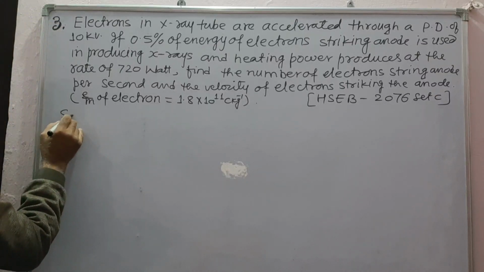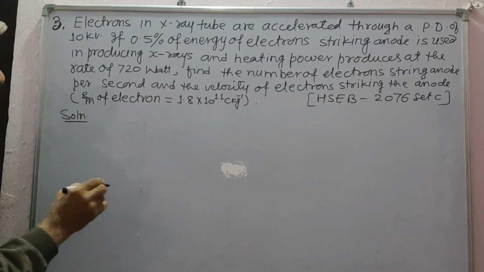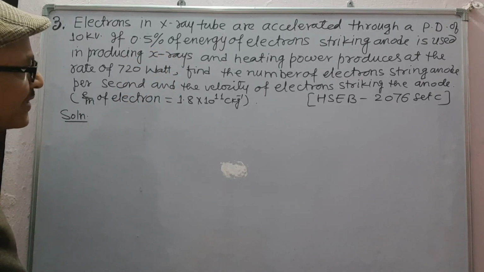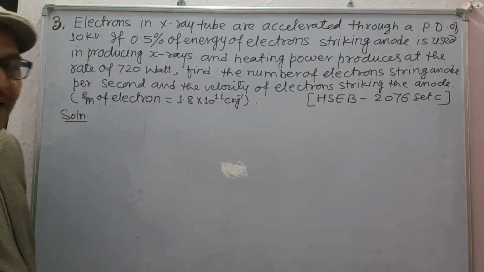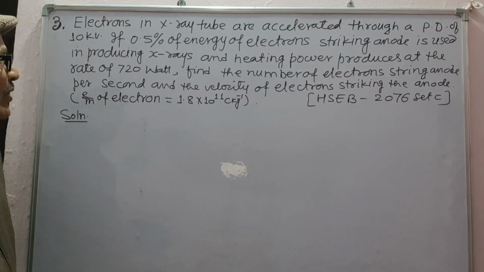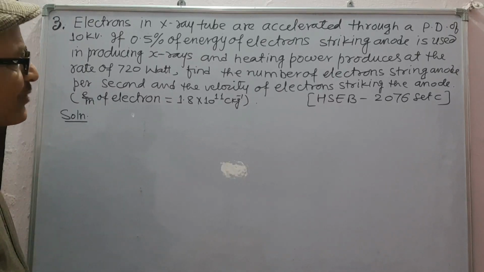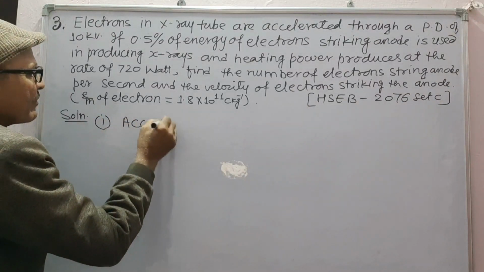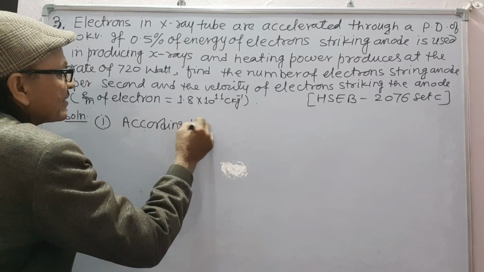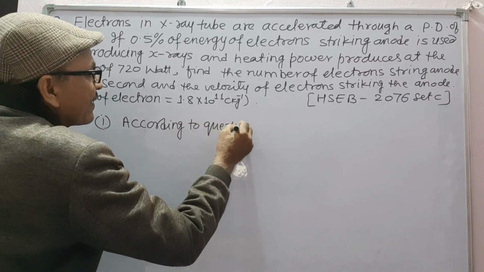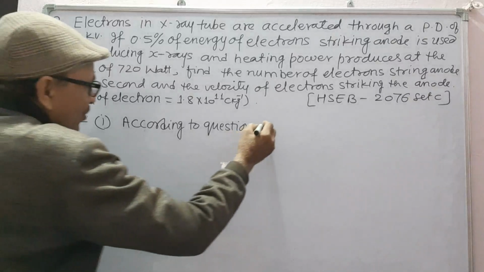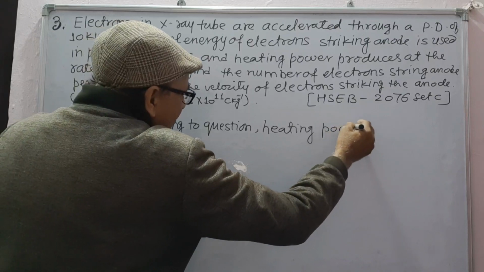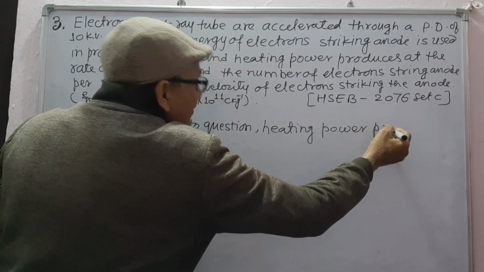Solution. Here 0.5% of the energy of electrons striking the anode is used in producing X-rays, and the remaining 99.5% is converted into heat. So, according to the question, the heating power produced